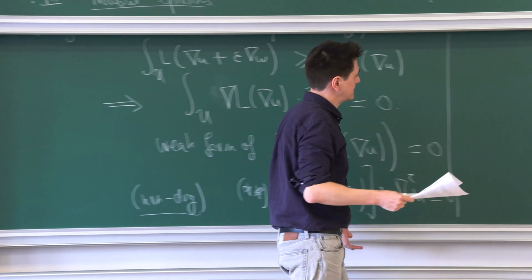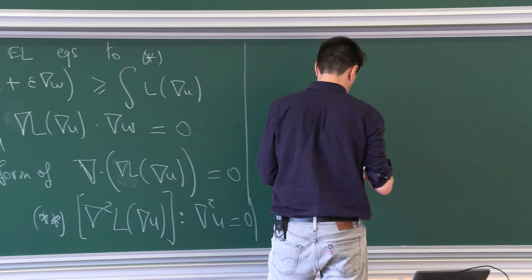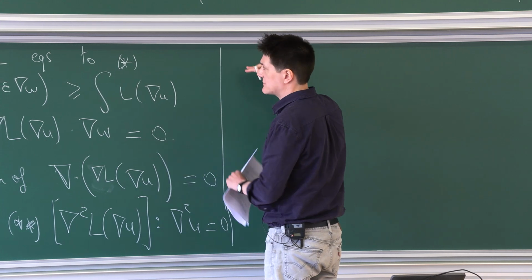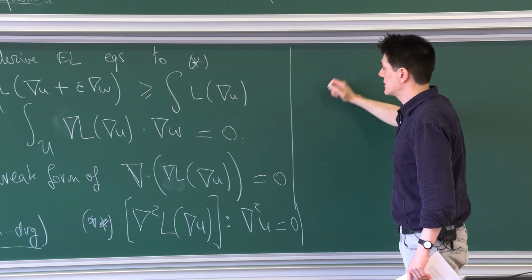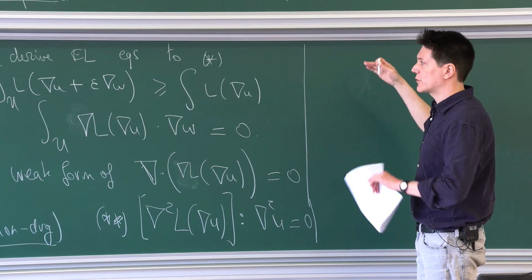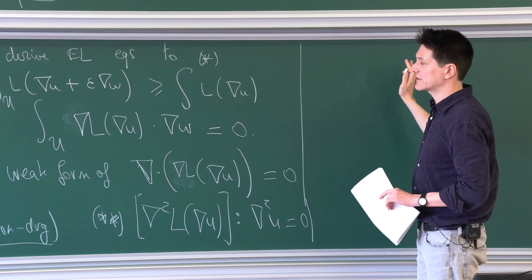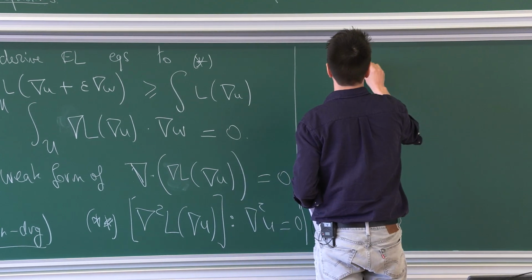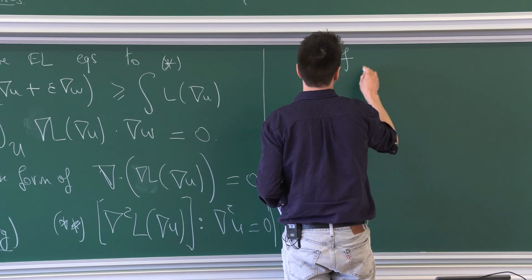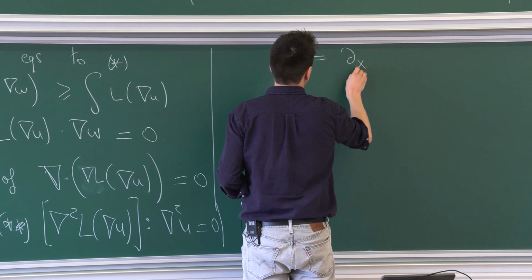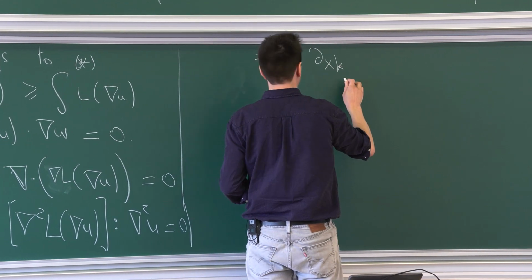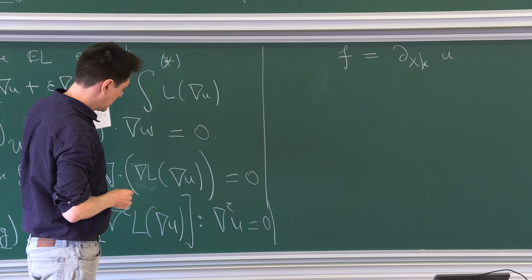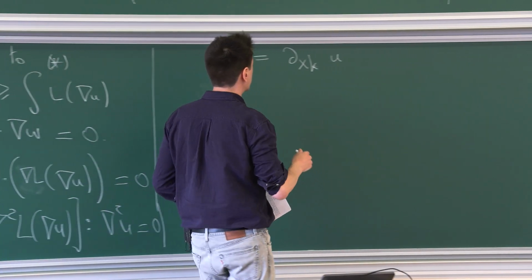So there's one thing we can do. There's another manipulation to do. It's slightly out of order, but let me write it here so that we have both things on the blackboard, and then I'll discuss the history of how the problem was solved. It turns out that if you define f to be one partial derivative of U, so it's formal at that point. I assume U to be regular.